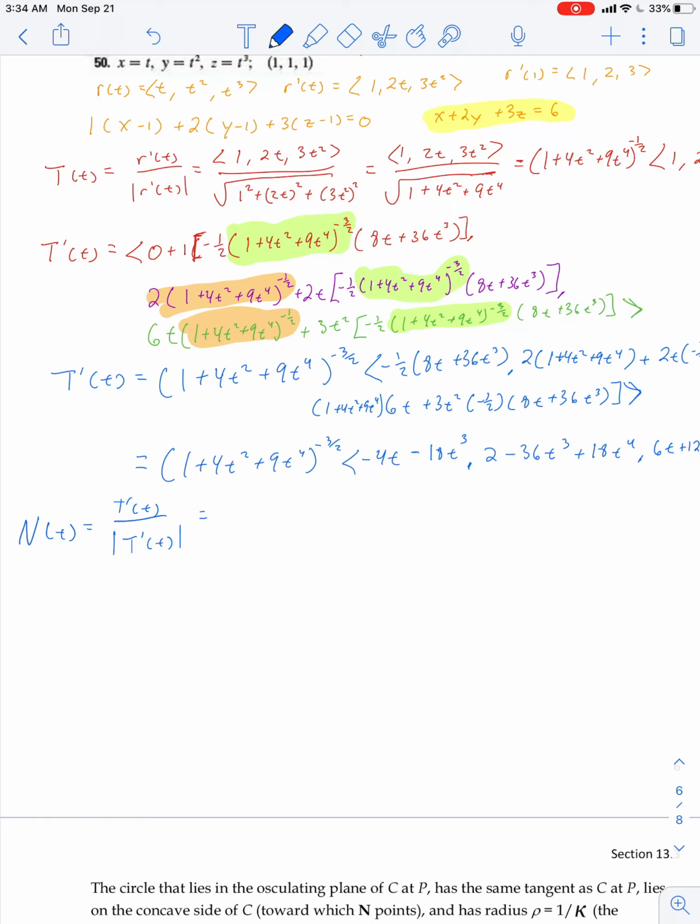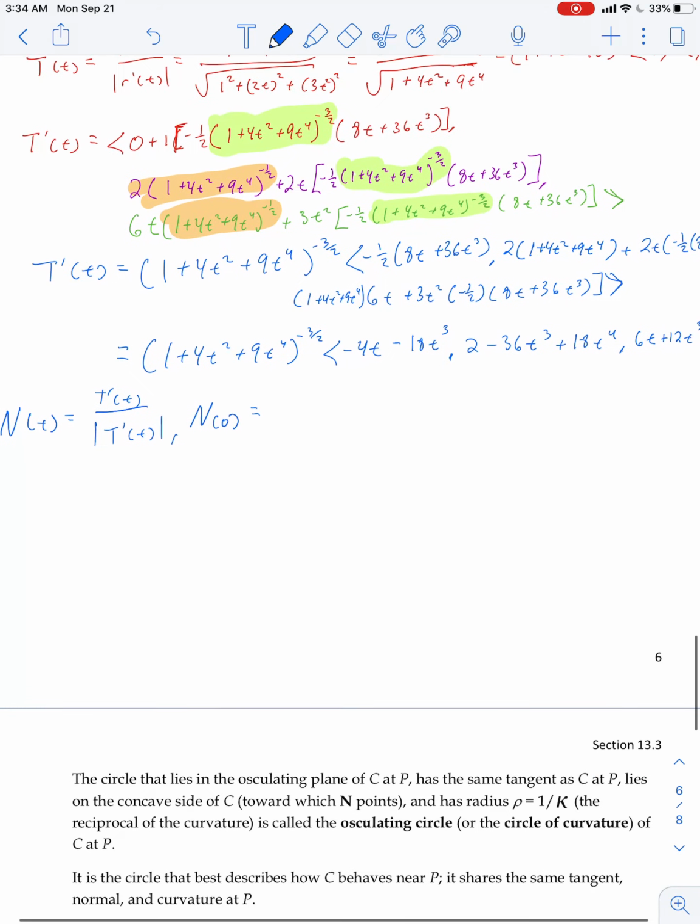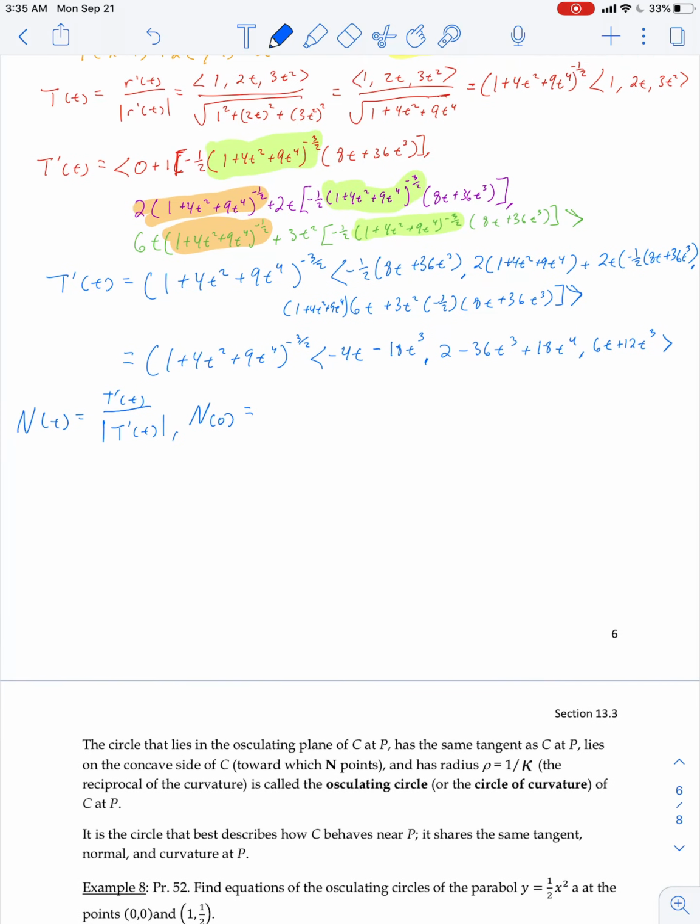So when we do this, we're going to get n of 0 is equal to, so I'm going to substitute in 0, and I'm going to get,